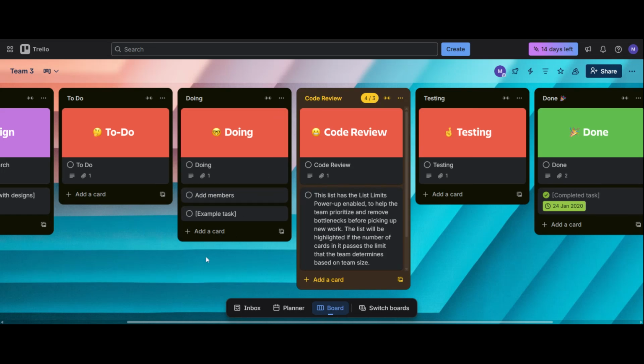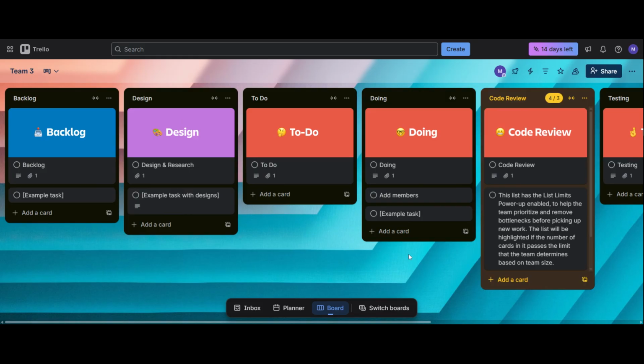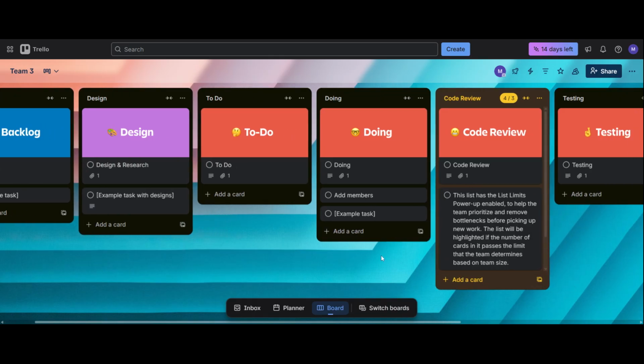In today's video, I'm going to show you exactly how to make a Kanban board in Trello step by step. If you want a simple way to manage tasks, organize projects, and keep track of progress visually, a Kanban board in Trello is one of the easiest and most powerful tools you can use. Whether you're managing personal goals, client work, or a team project, this method will get you up and running in